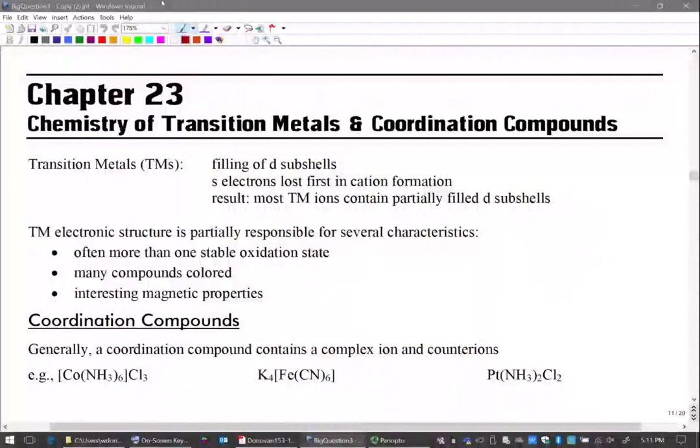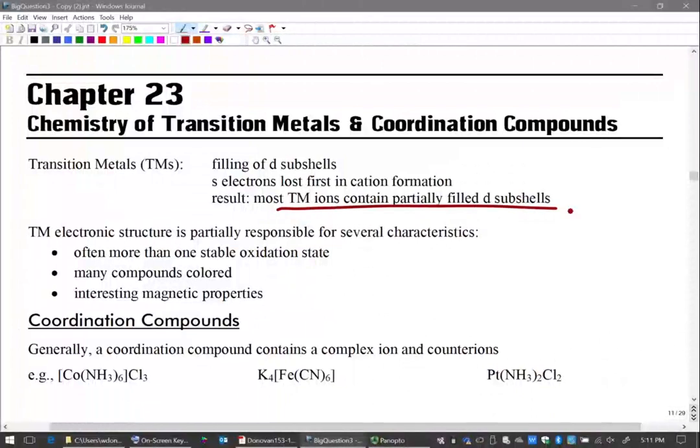However, s electrons are lost first when you form a cation, right? If you're talking about, say, iron, it is argon 4s2 3d6. When you form an iron ion, you remove the 4s2 first. So your ferrous ion is argon 3d6. The ferric ion is argon 3d5. You lose the s's first,